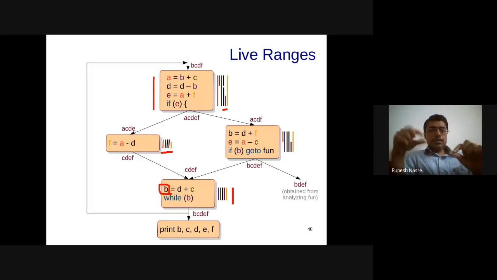The variables, or the nodes within this graph coloring problem for the graph, are going to be decided by the variables, right? So A, B, C, D are variables, so those are going to represent the nodes. Live ranges are not representing the nodes in the graph. Although live ranges are associated with the variables, live ranges are not represented as a node in the graph, because you might have multiple live ranges for the same variable, but you will have a single instance of that variable in the graph.